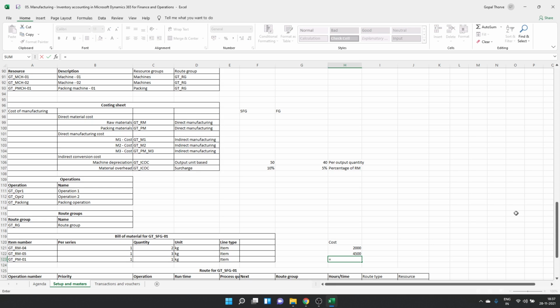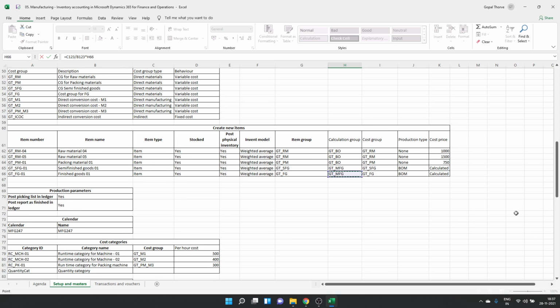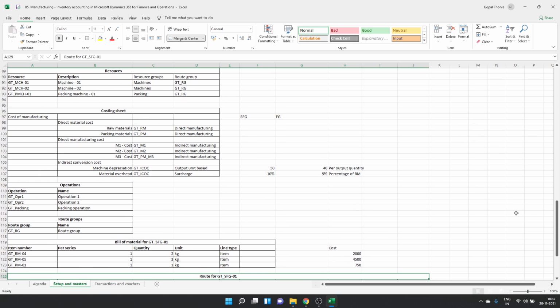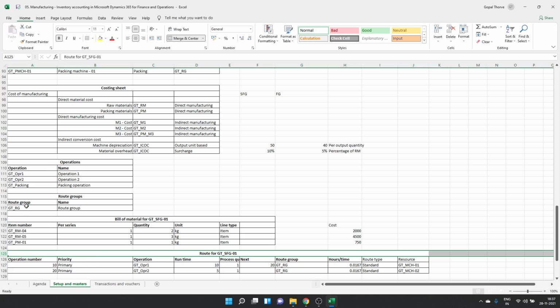Okay, then packing material 750. Okay, so the total material cost is